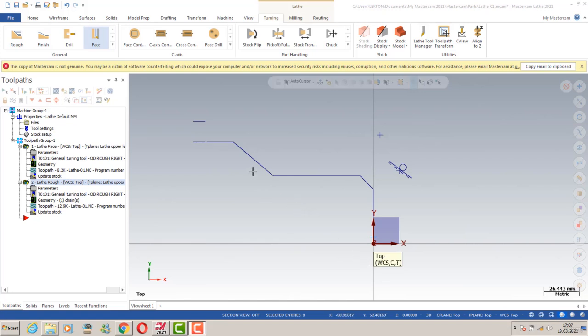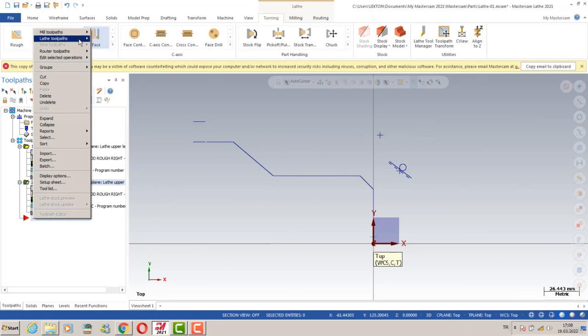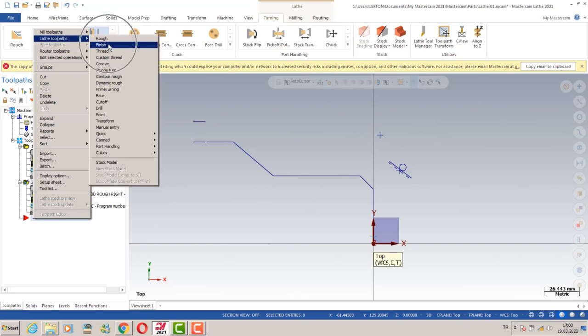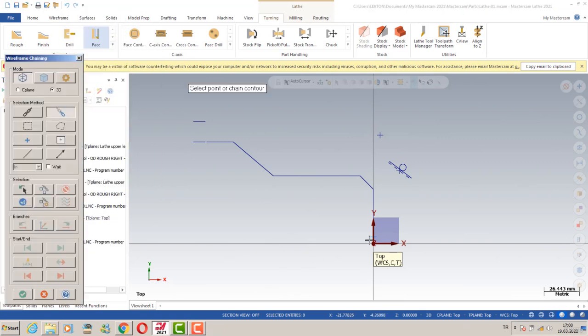Okay, let's talk about the finishing process. I can turn to the turning options here to select my toolpath, or we can use the right mouse button here, Lathe toolpath, and finish toolpath here. Okay, so I'm going to start from that point, and this is going to be under my last entity,